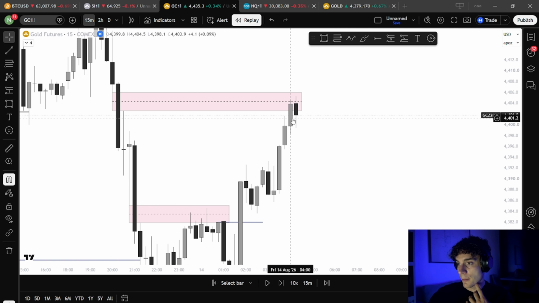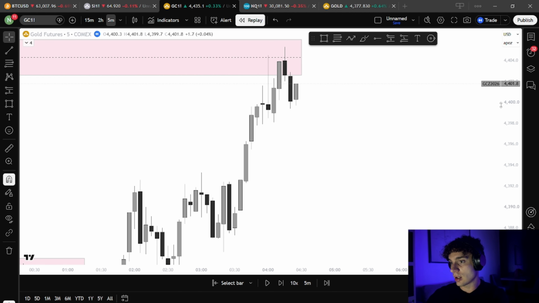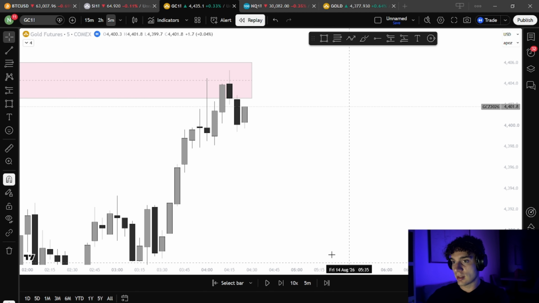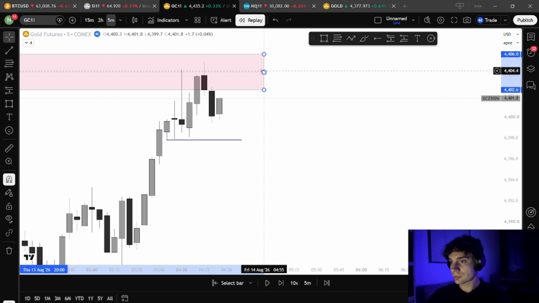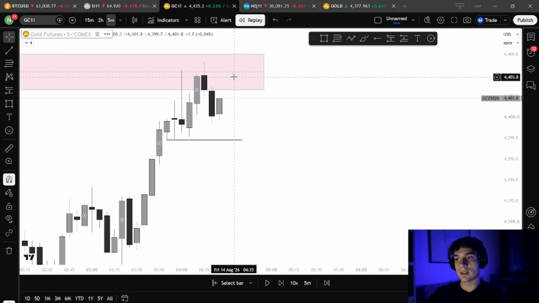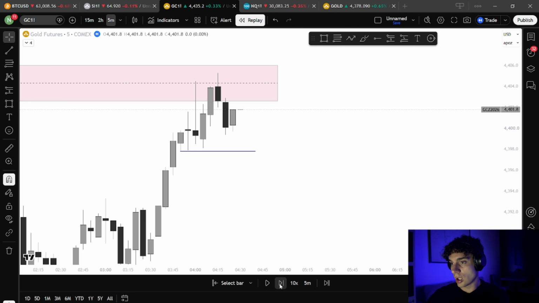So we went there, boom, and we had this reaction. I went to the 5 minute, and I was like, let me see what's happening here. So I marked this obvious level of liquidity here, this internal liquidity, and I was trying to see what's going to happen. Because as I said, this fair value gap here is obvious. So if we manage to close above it, I'm going to be very confident that we're going to go higher. So we had some consolidation here, and we pushed up, as you can see, and then boom, we came back down